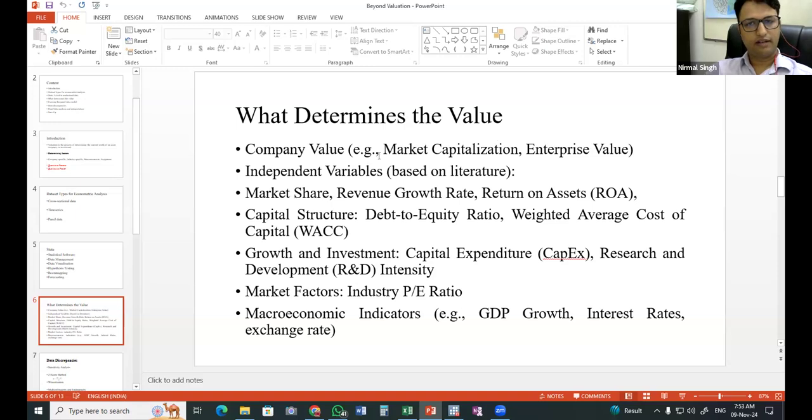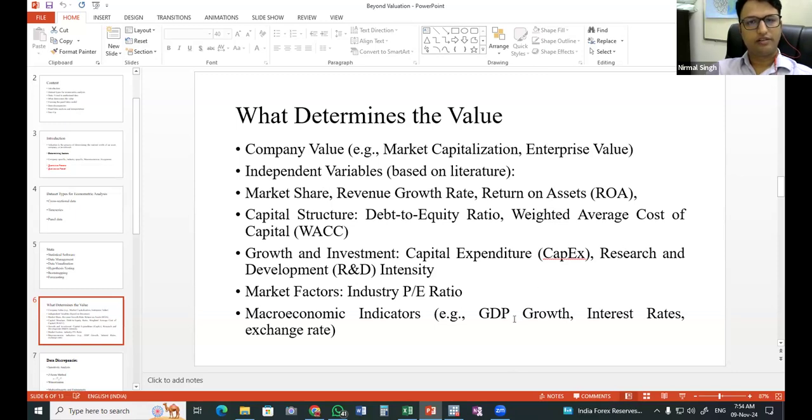The literature shows that the market valuation of a company relies on market share, how its revenue is growing, its return on assets, debt to equity ratio, and weighted average cost of capital.